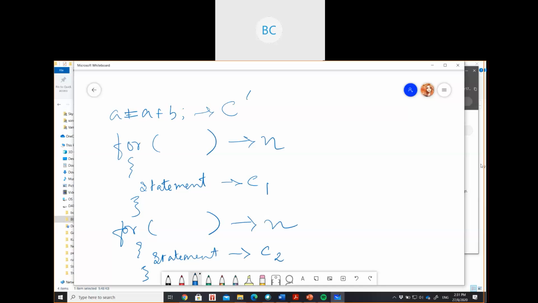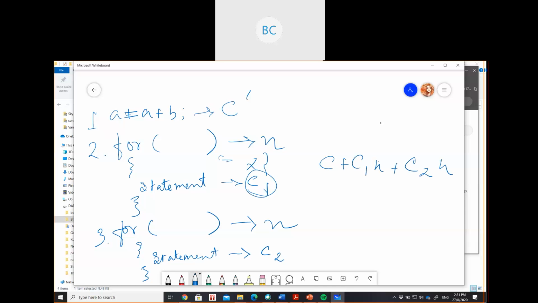So you just need to add up all these things, correct, addition. You add up the individual lines, number 1, number 2 and number 3. But this one will be multiplication because this statement is inside your for loop, so it will be Cn. Here also it will be C2n.